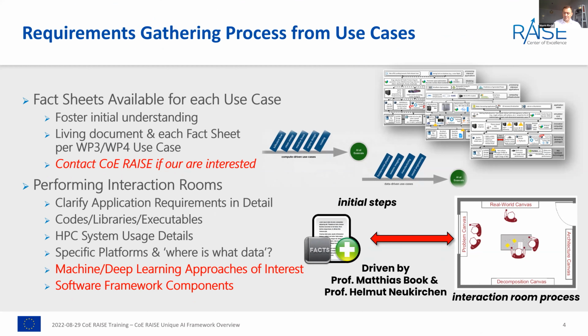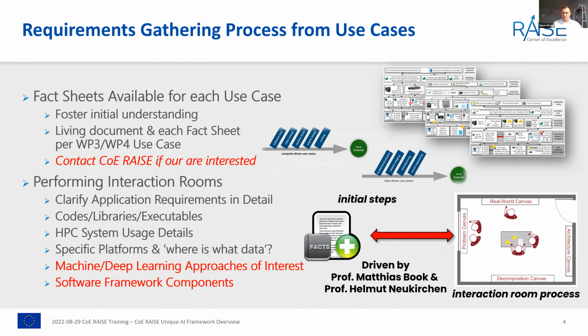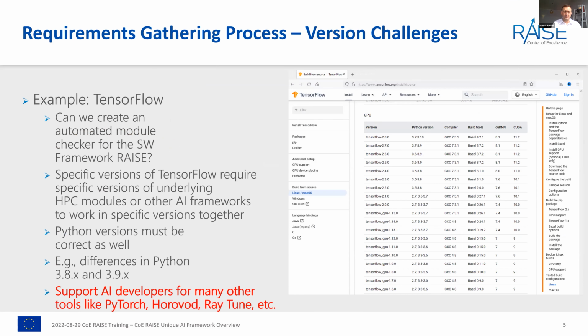And as I said, the fact sheets are available for each use case. Just let us know what we have done there, which gave rise a little bit to the components in question that we then analyzed in the CoE RAISE project. And we then performed the interaction rooms and came out with the first set of approved components from all the 9 use cases that say, yeah, that sounds right. And of course, it's an open process. So we constantly still have interaction rooms with all the different teams. We may have found something new, like transformer models in one use case, which inspires others right now. But of course, this has some interesting history that we were going through.